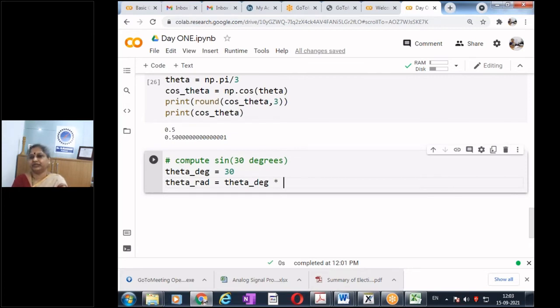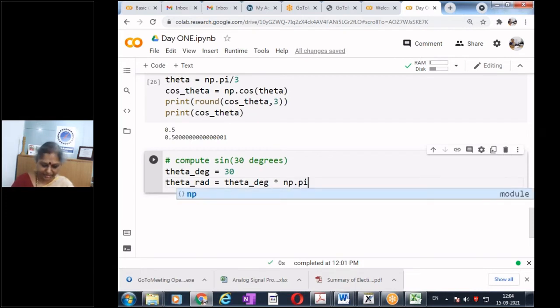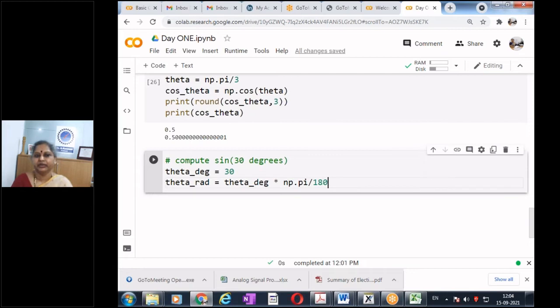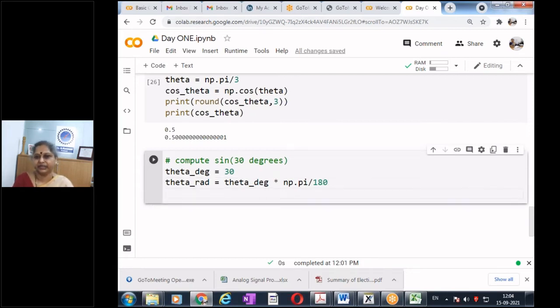Who can tell me how do I convert degree to radians? Yes, multiply by np.pi and divide by 180. I will get the degree in radians.